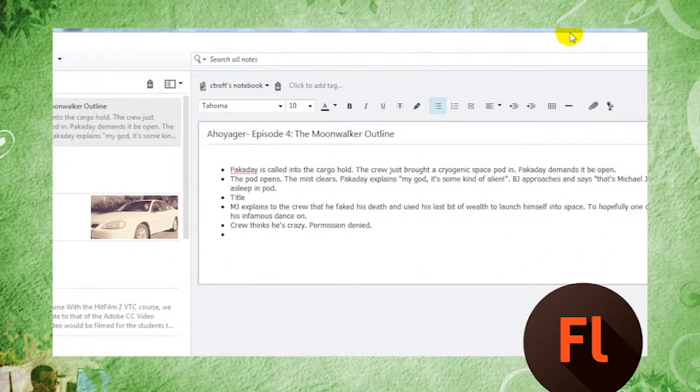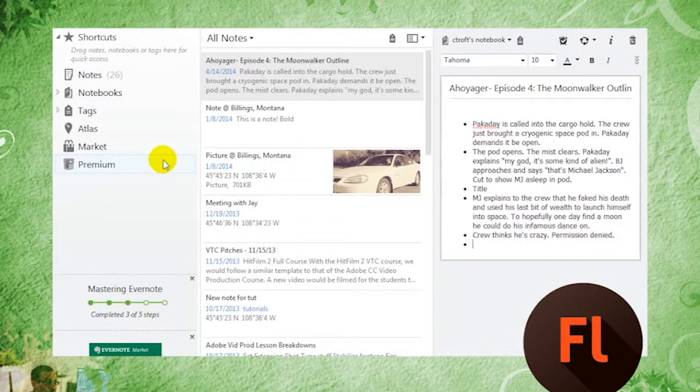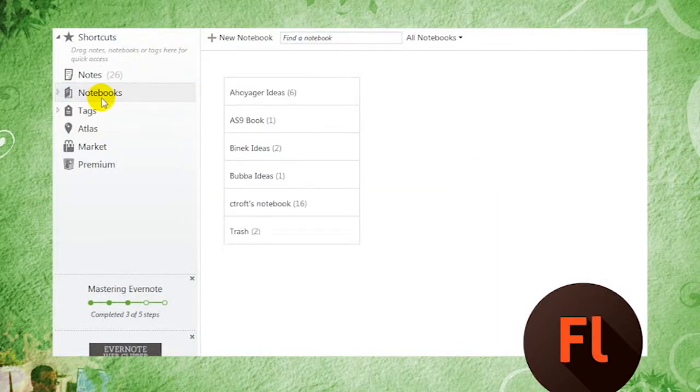You can see this is what mine looks like right here. So it's pretty self-explanatory. You have all of your notes that you've made right here, and you can even make notebooks for your notes. So let's say you have a series of ideas